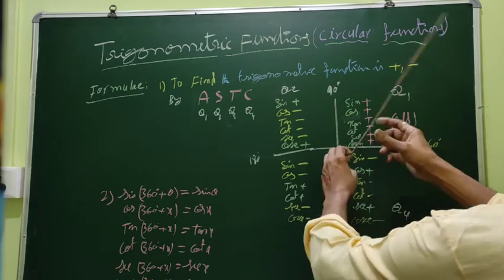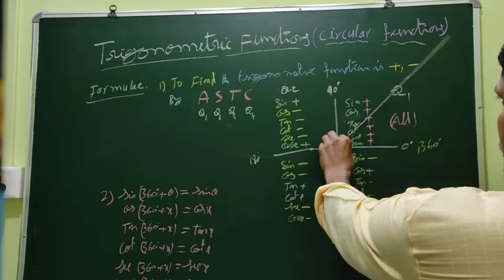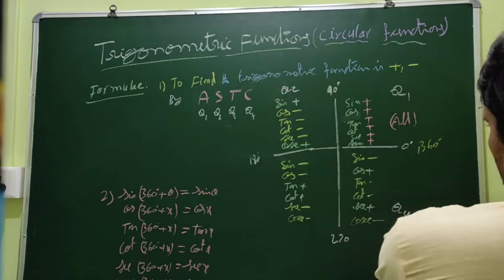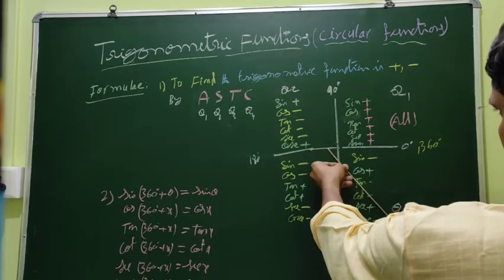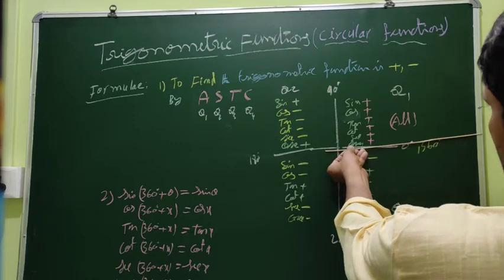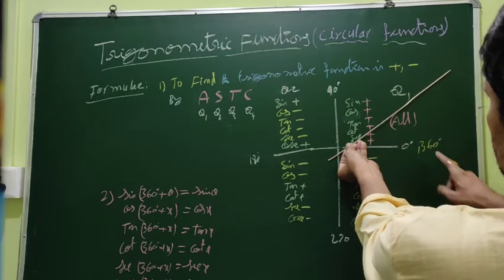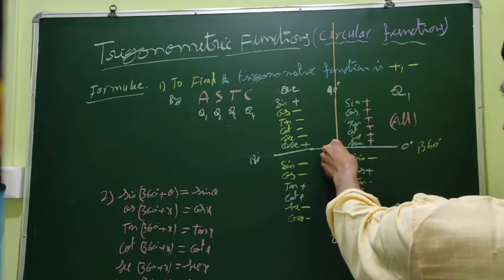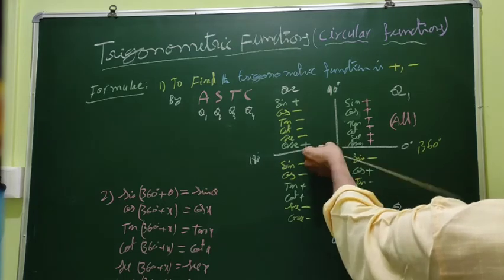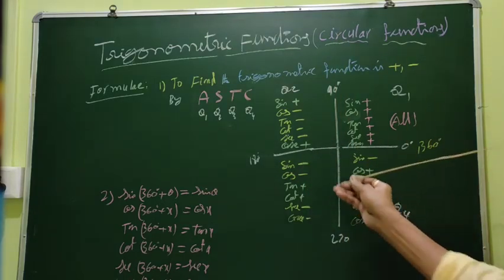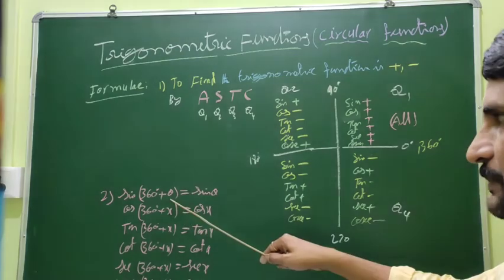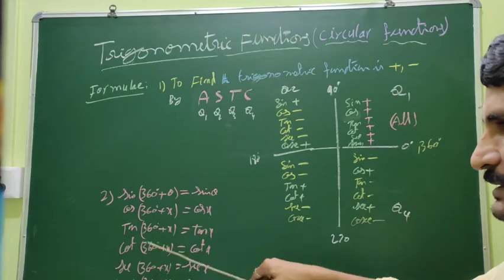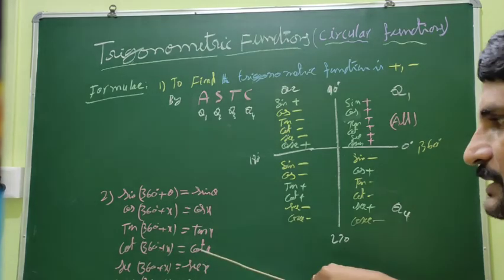Suppose this is the terminal ray. You can move it like this. 180 degrees. Now it is 270 degrees. Now it is 360 degrees. If it is 30 degrees more than 360, then 360 plus 30. Now 360 plus 90. Like that, number of rotations here. Now one rotation is complete, so sin(360 plus theta) is nothing but sin theta. Everything with 360 plus is again the same function.